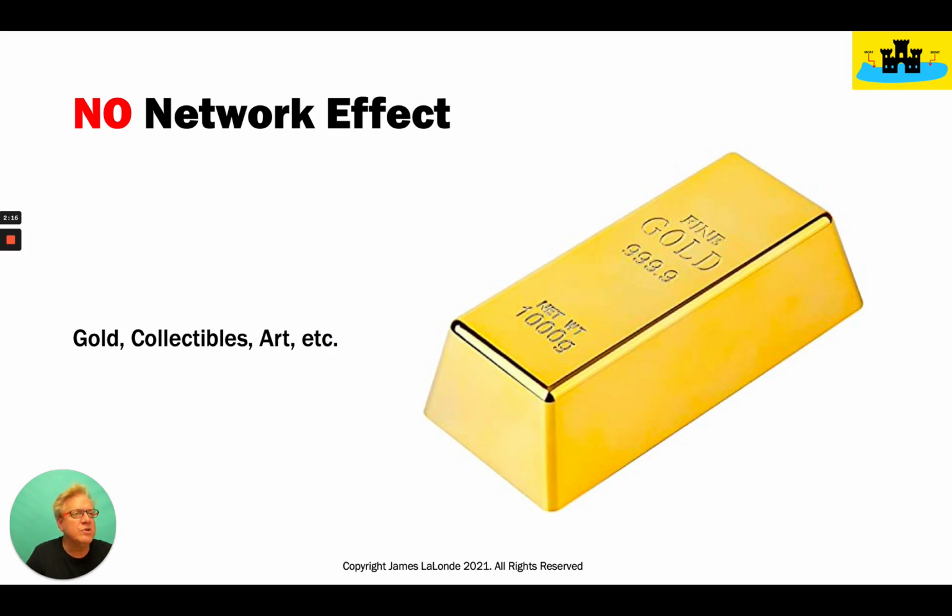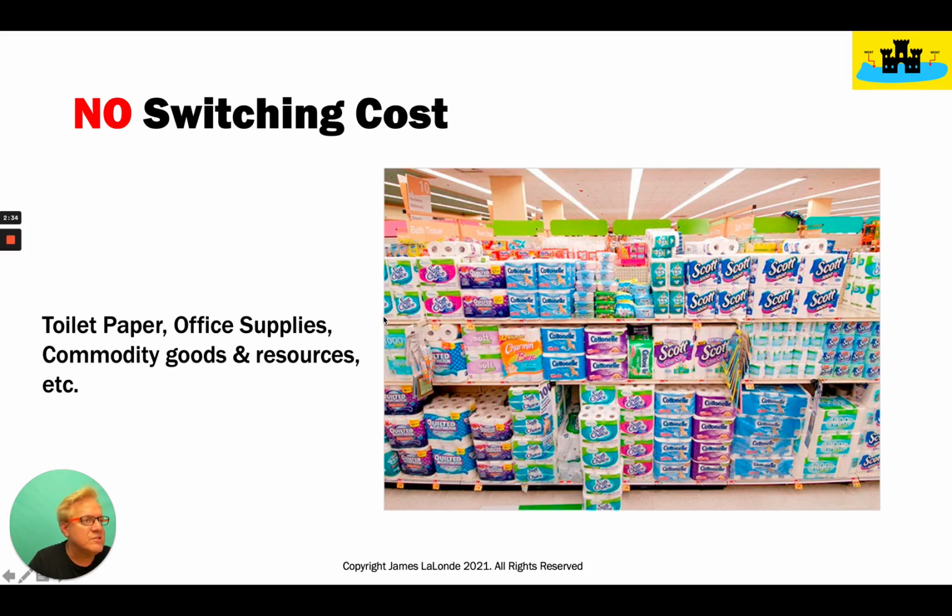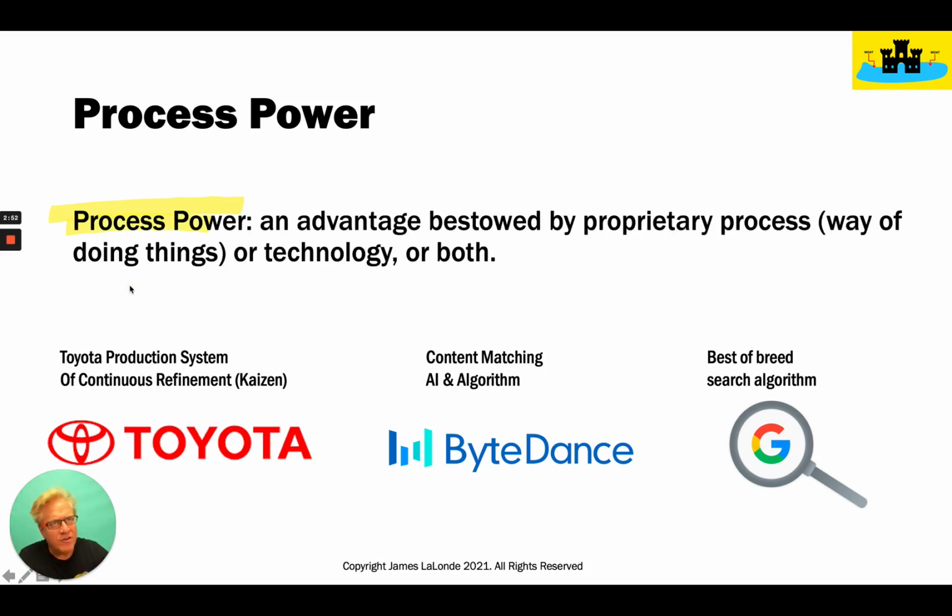It's often better to explain what something is by saying what it is not. Something like gold has no network effect. You can imagine the more gold people have, the less gold is worth, and that goes for rare things and collectibles and art and so forth. So no network effect there. And if you've ever been to a U.S. supermarket, you've seen these aisles full of different brands of toilet paper. These have no switching cost. It doesn't cost you anything to be disloyal to your particular brand of toilet paper. A very important